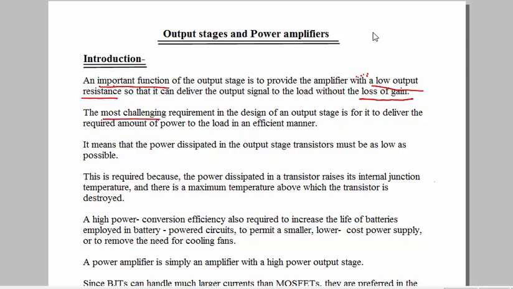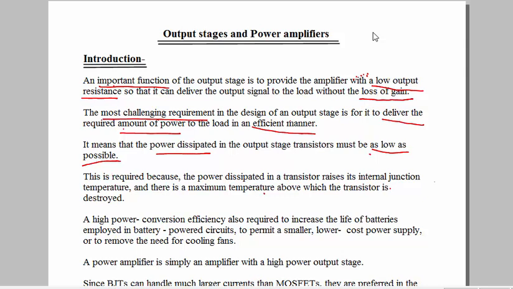The most challenging requirement in the design of an output stage is for it to deliver the required amount of power to the load in an efficient manner. Now what does it mean? It means that the power dissipated in the output stage transistors must be as low as possible. Okay, why? See, when the transistor dissipates power to the load, while dissipating the power transfer,